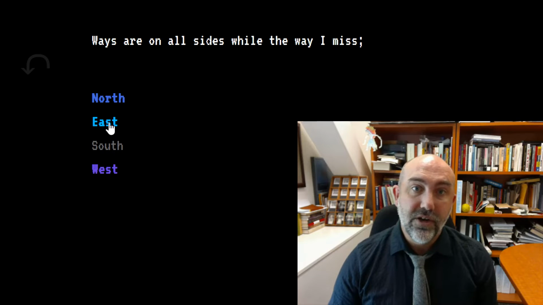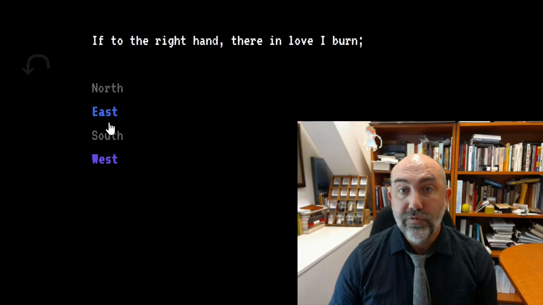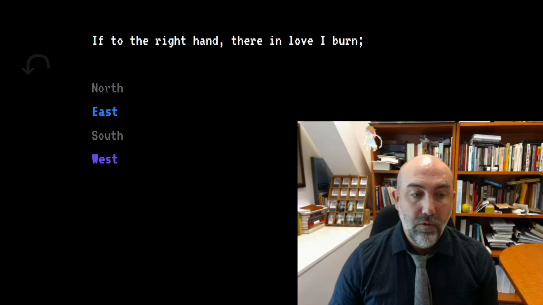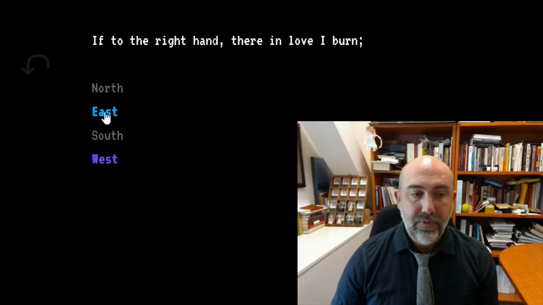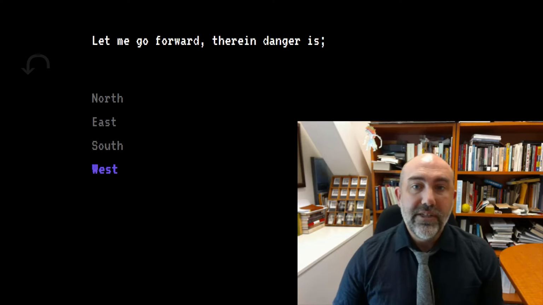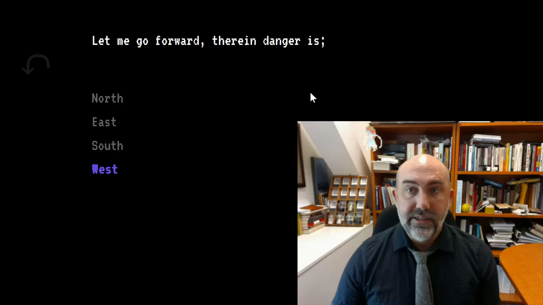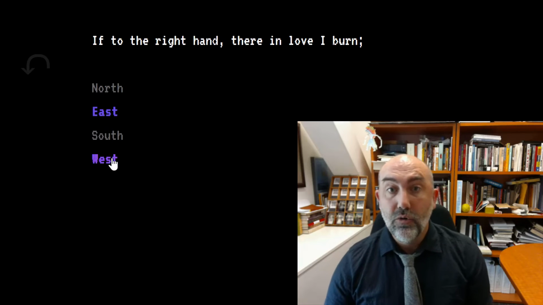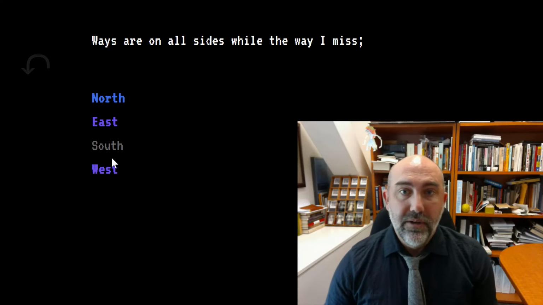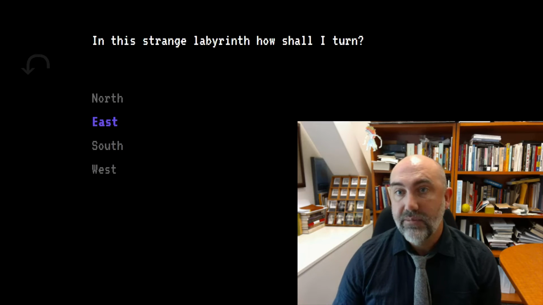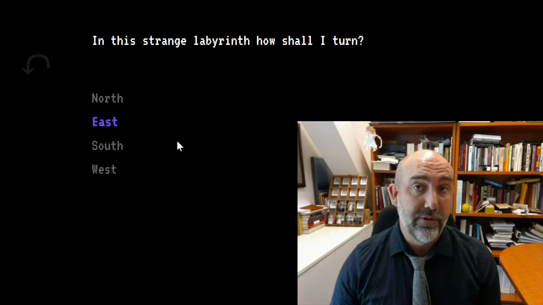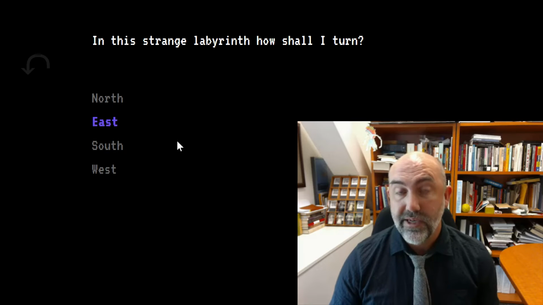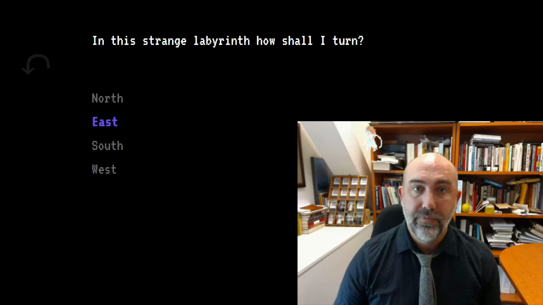The cardinal directions are either hyperlinks that move the player to a new passage, or they're grayed out to mark their unavailability. While the labyrinth's exit always remains in one place, and at least one route always remains open, player choices can sometimes shift the pathways through the labyrinth. A choice to go north rather than east at one point in the labyrinth opens a door or seals a wall, so to speak, later in the labyrinth.